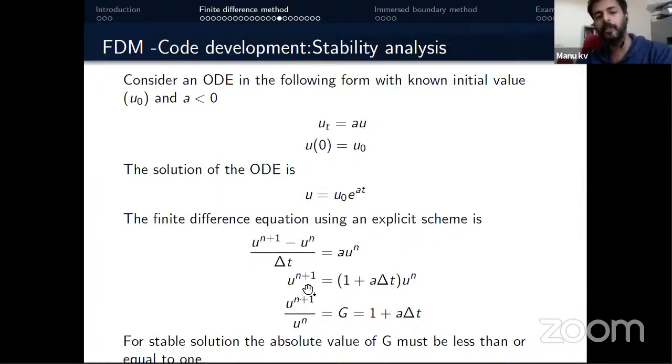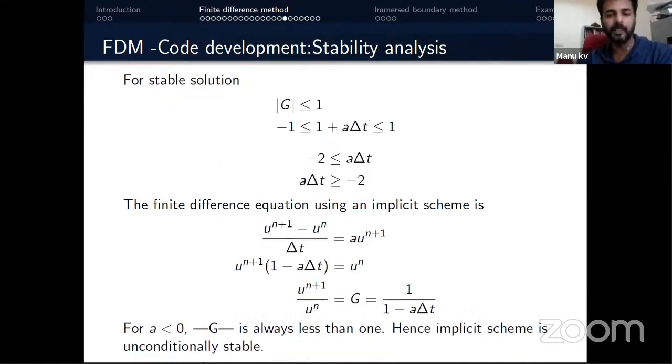So we can look at u^(n+1)/u^n, which is the growth factor, and look at the stable values. This is one very simple way of looking at it. There are better methods, but in order to understand the basics, this simple equation is sufficient. For a stable solution, it should not grow, which means the growth factor g, u^(n+1)/u^n, should be less than 1. This is the condition for stability.